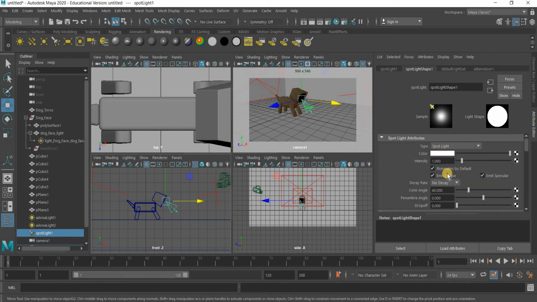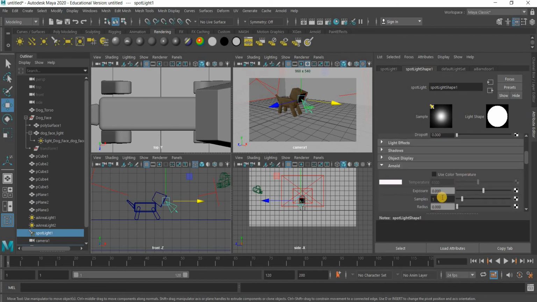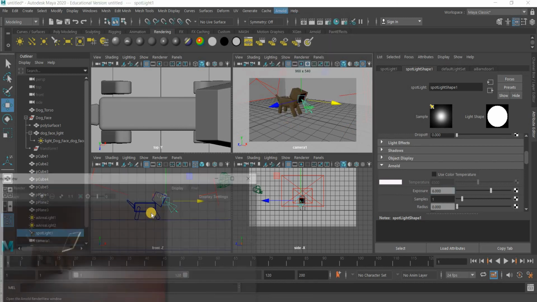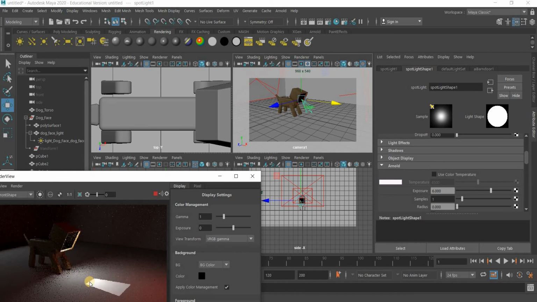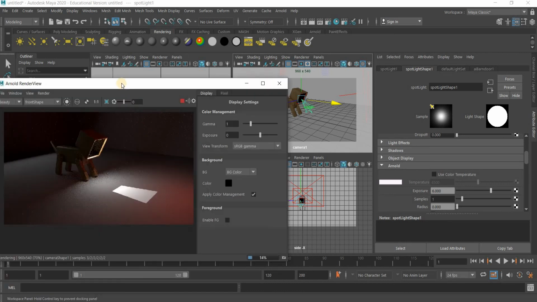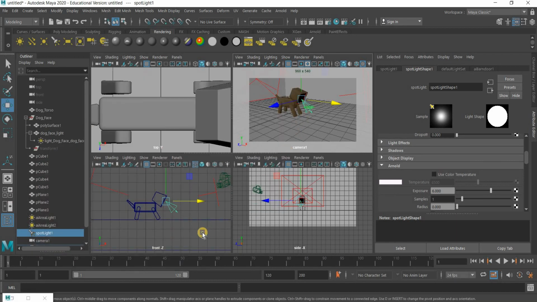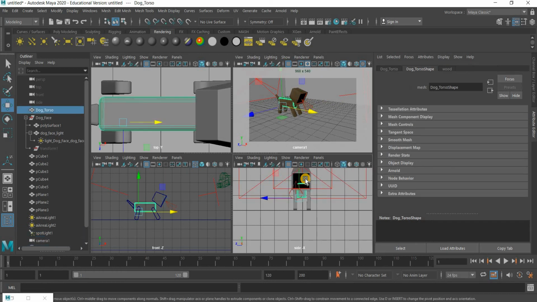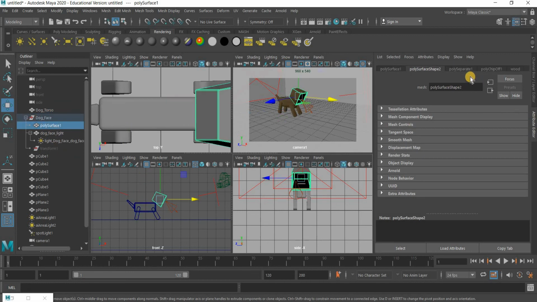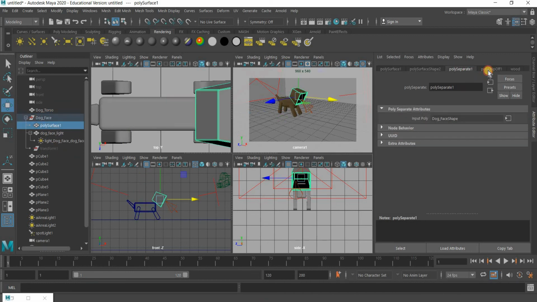So spotlight, Arnold, exposure 6. Let us try that. And there you go. We didn't have any exposure, so we got exposure now. And this light is not visible because